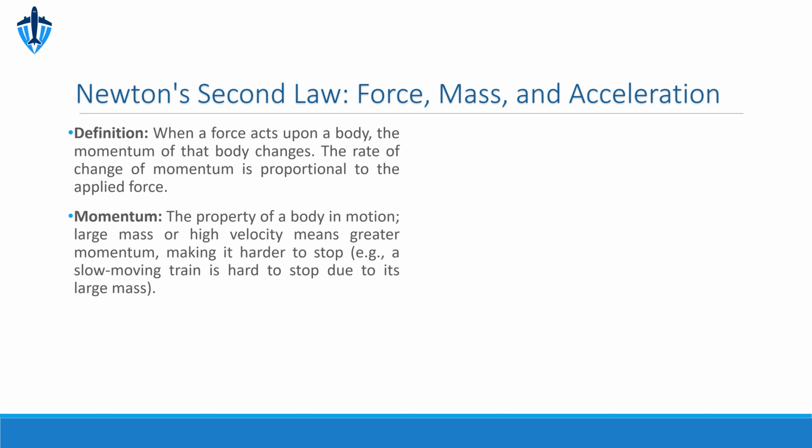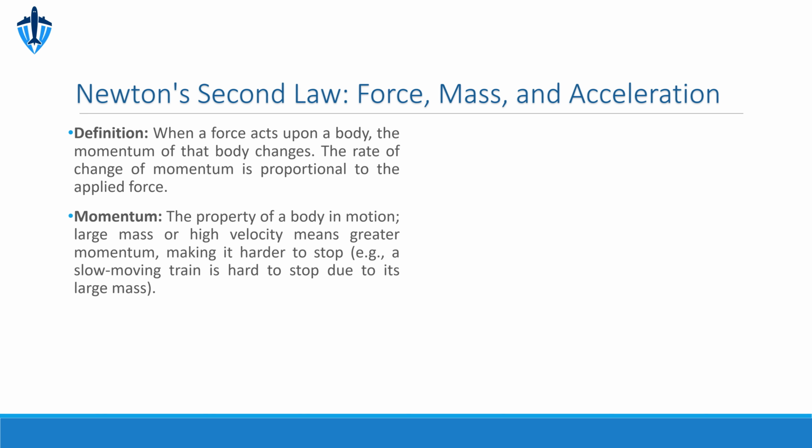Now, let's clarify the terms velocity ratio and gear ratio. The gear ratio is straightforwardly calculated by comparing the number of teeth on the drive gear to the number of teeth on the driven gear. For instance, a 10-tooth pinion driving a 40-tooth spur gear has a gear ratio of 10 to 40. The velocity ratio or speed ratio is quite different.